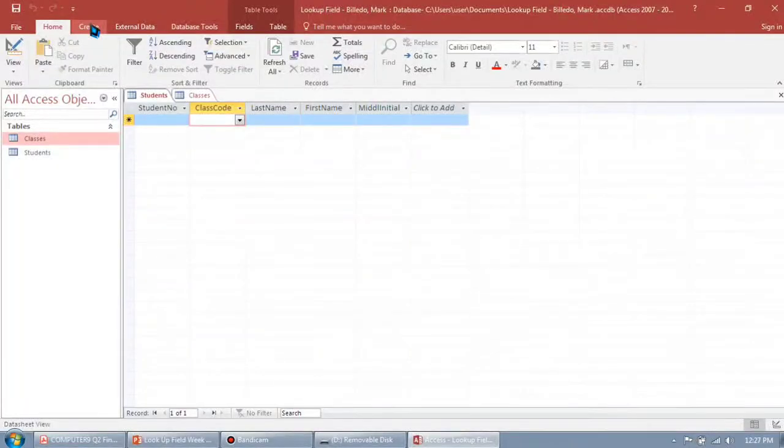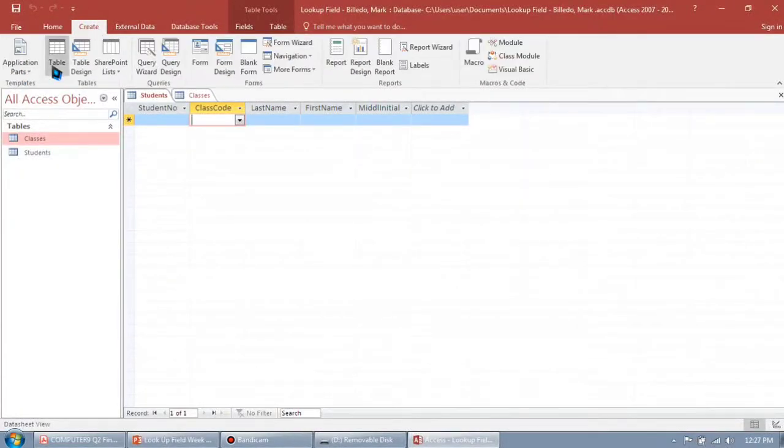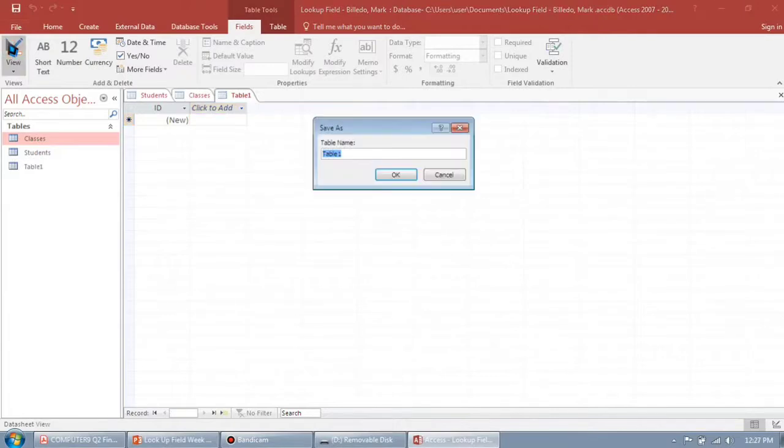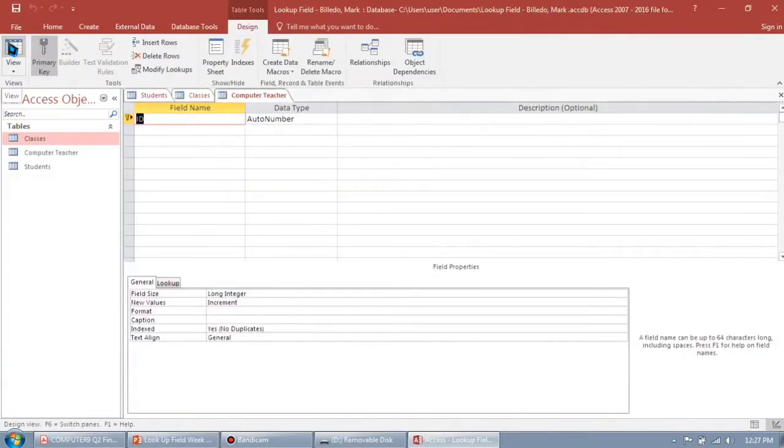If you're going to create a new table, click the Create tab, then click Table, then click Design View to edit the field names of your table. The name of my table will be Computer Teacher. Then click OK. Then we have Teacher